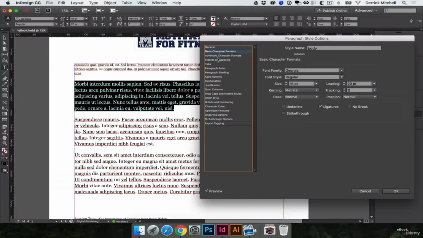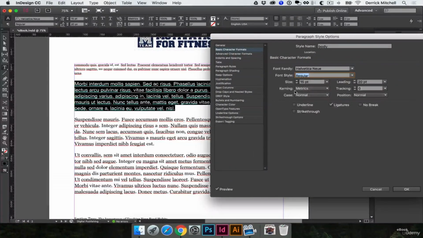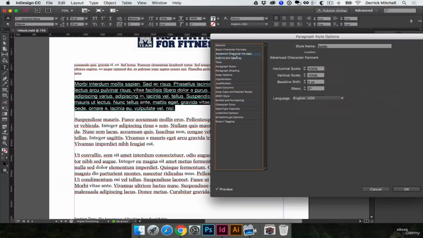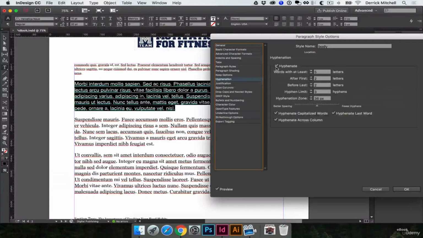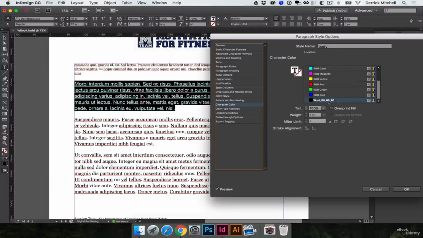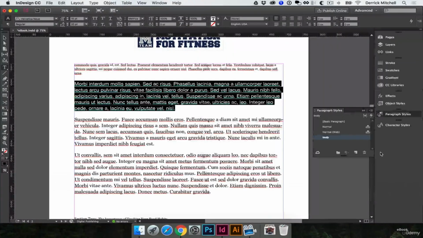And now I can come through and set a lot more options for this text. So for example, maybe instead of Georgia, we want to make this Helvetica. Set it to regular. We can adjust a lot more settings here, but for right now that looks okay. And we've got some indents and settings. One thing that I usually go through and change is I will make sure that my hyphenation is set to none. So I'll uncheck that right there. And then our character color down here might be another option you might want to update as far as what color you're using for the font. I'll go ahead and click OK right now,